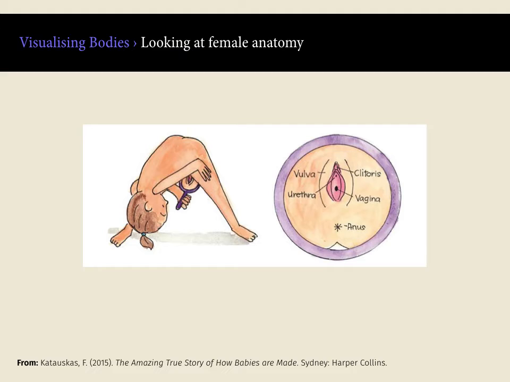On a more serious note, Katauskas explains how she was annoyed at the way that boys' and men's genitalia are usually shown in the cross-section and from the front, and the girls' and the women's genitalia is usually shown from the front or as a cross-section of the fallopian tubes and uterus, but never shown from below. This means that girls don't have a good idea of what their actual genitalia looks like. She wanted girls to feel more empowered and have a better understanding of their anatomy. This prompted this illustration, which she sees as one of the more controversial images of the book.